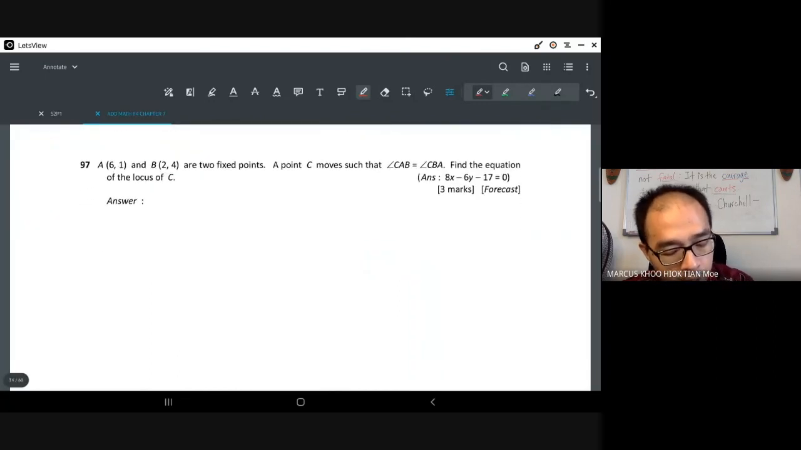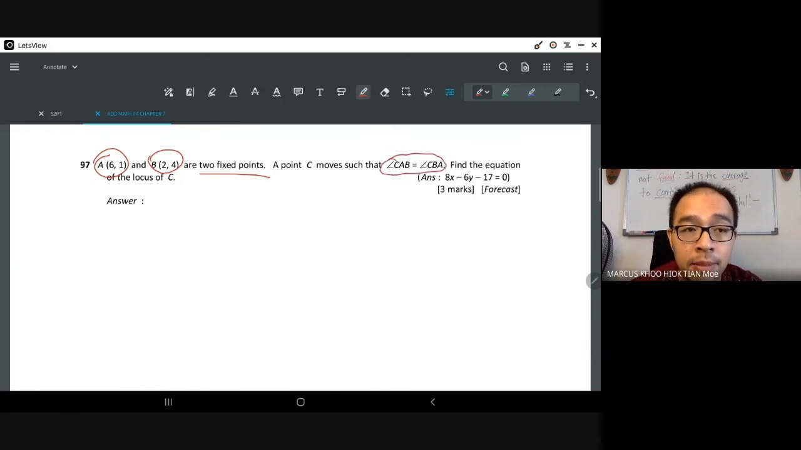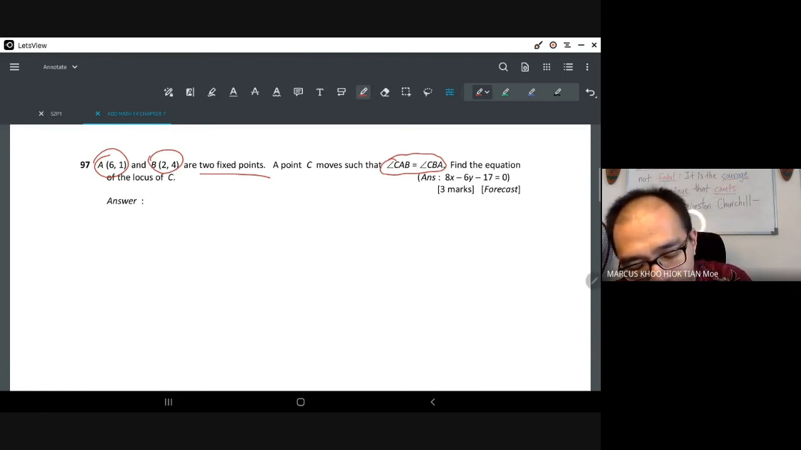A and B are two fixed points. A point C moves that dia punya angle adalah sama. CAB adalah sama dengan CBA. Now soalan bentuk macam ini, it is the same question. Dia tetap perpendicular bisector. Ini dia punya maksud tersirat adalah C, sebab C adalah the locus bahkan,